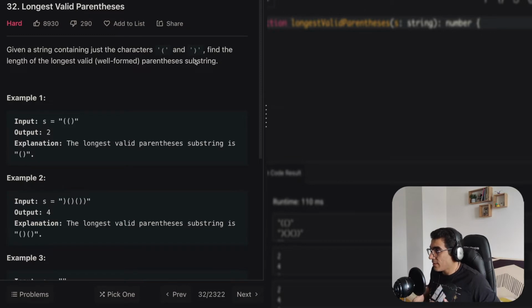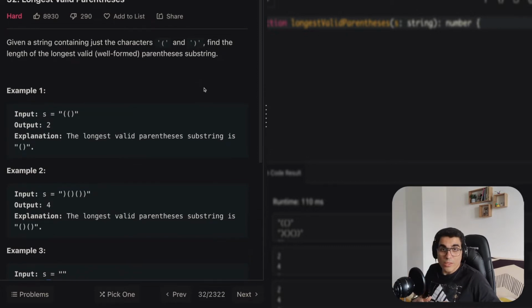Longest valid parentheses. It's a hard problem. Given a string containing just the characters open parentheses and close parentheses, find the length of the longest valid, well-formed parentheses substring. Well, in case of parentheses, there are only two rules. The number of open parentheses must match the number of closed parentheses, and on the other hand, there must not be a closed parentheses before an open parentheses has been opened